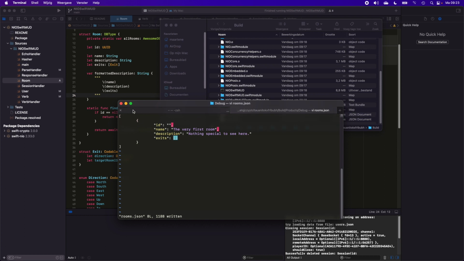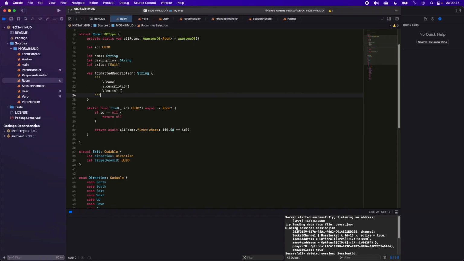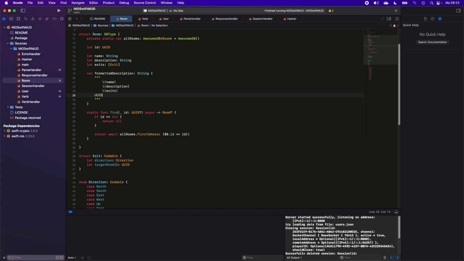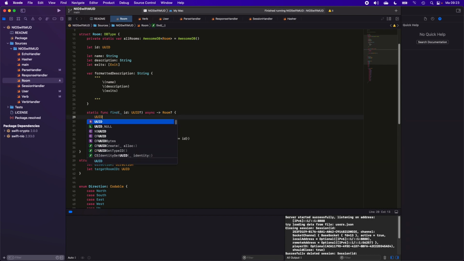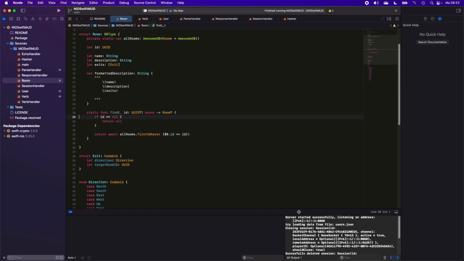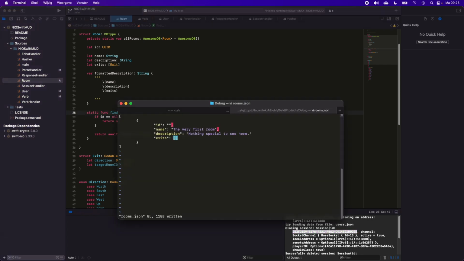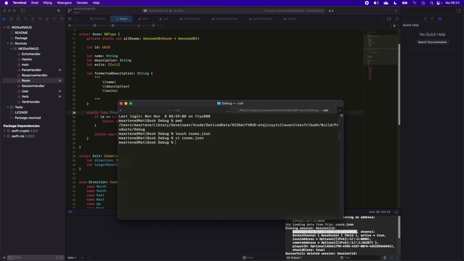Now I need an ID, so I need to get myself a simple UUID. Let's see if there's any zero version or something like that. Otherwise we'll just reuse this one. So this will be our first room,